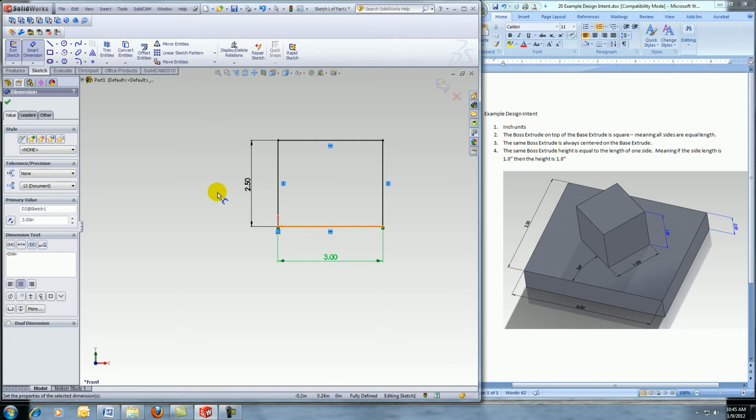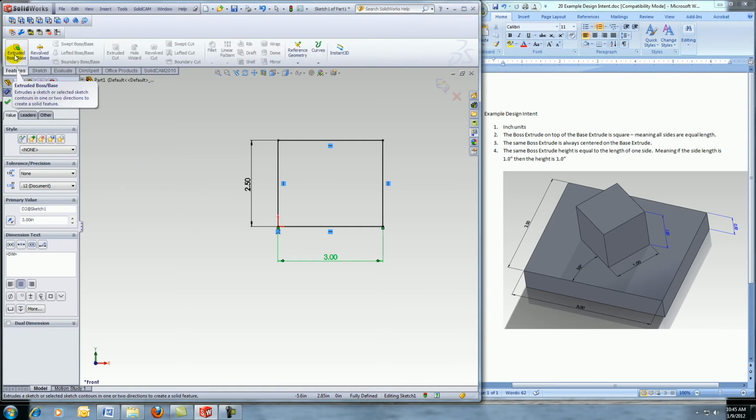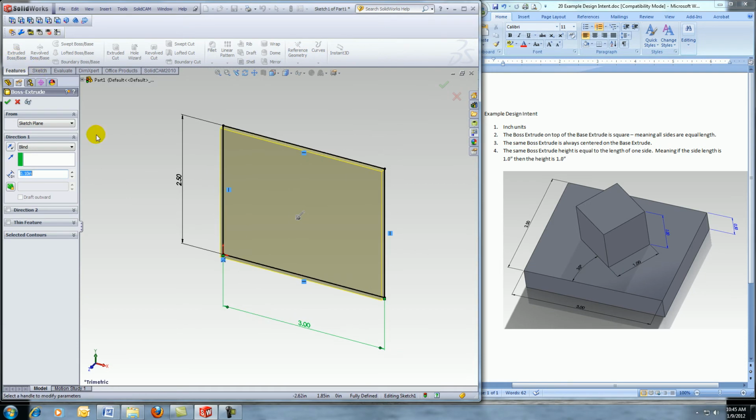So when I think I'm done, I go to Features and then Boss Base Extrude, and you'll see it'll twist it, and notice how it's coming out towards me. Looks to me like it needs to be a 1/2 inch. So if it's highlighted already, and I simply type 0.5 and click out in space, it'll update graphically, but